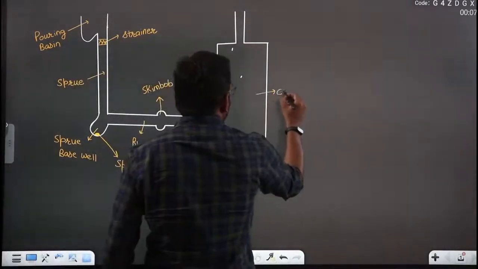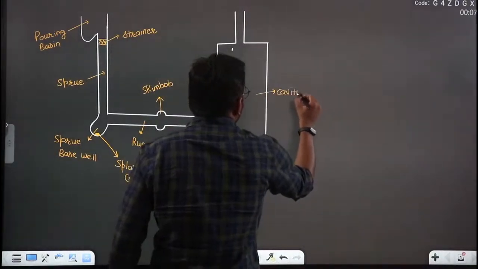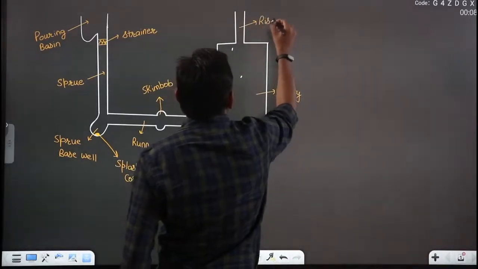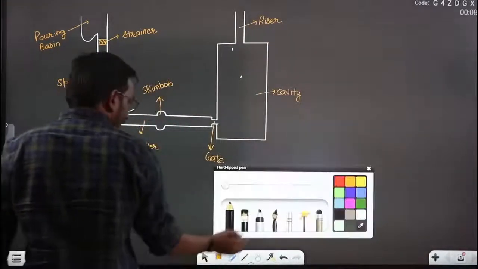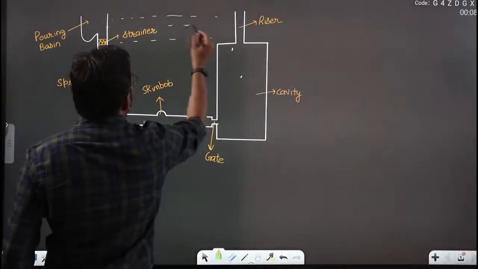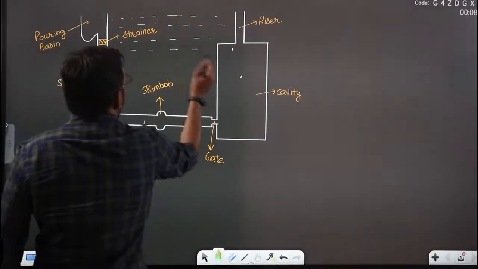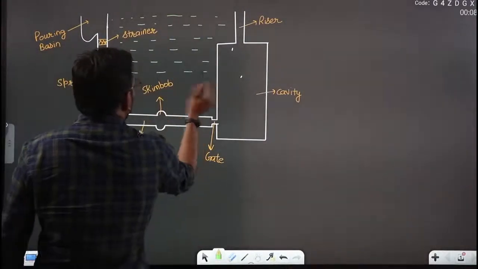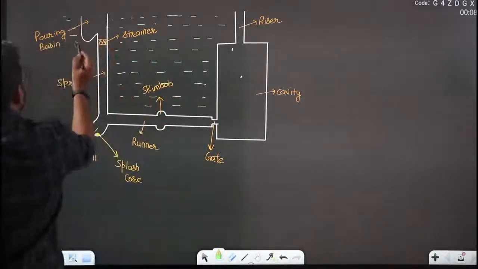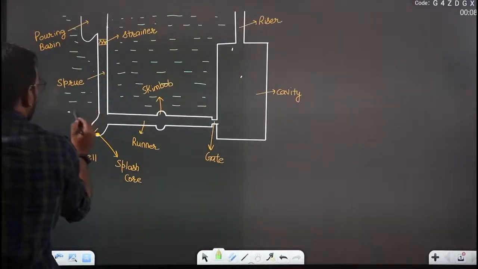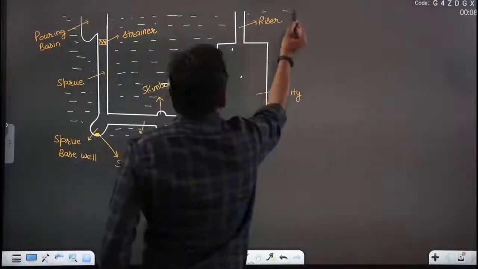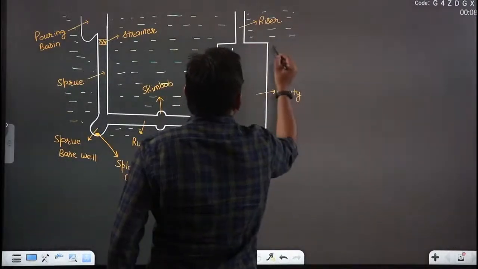This is your cavity, the product which you want. This is your riser. And around this, this is the molding sand. Here we have molding sand. Molding sand will surround all this. Right. So once the casting is completed,